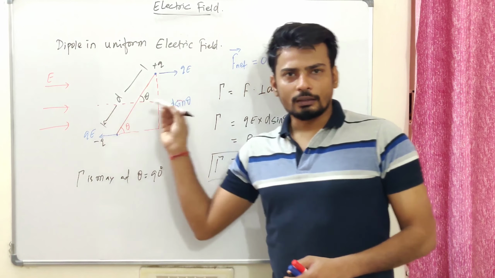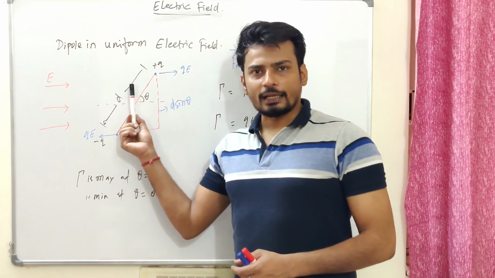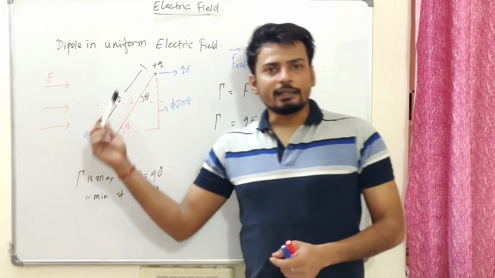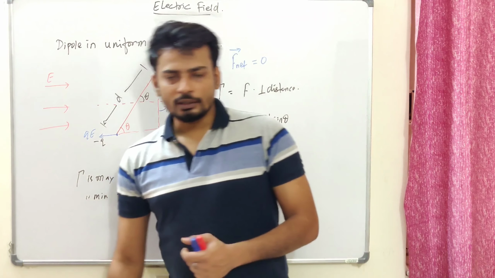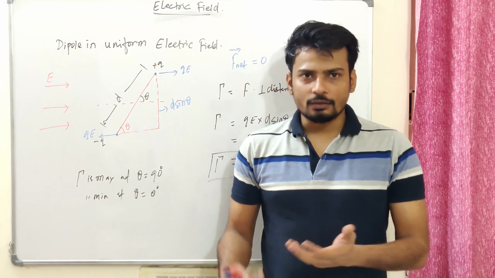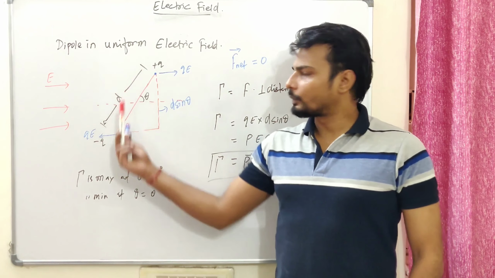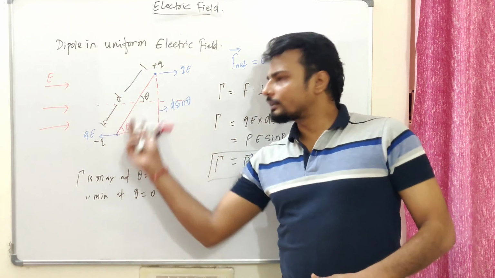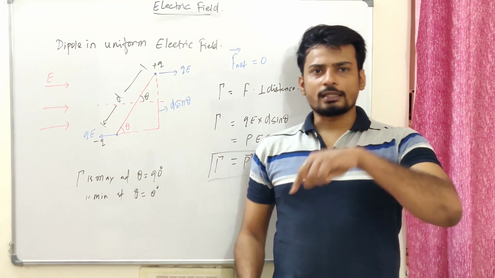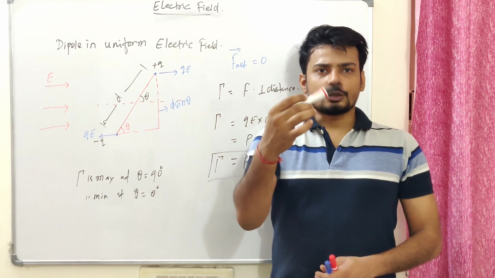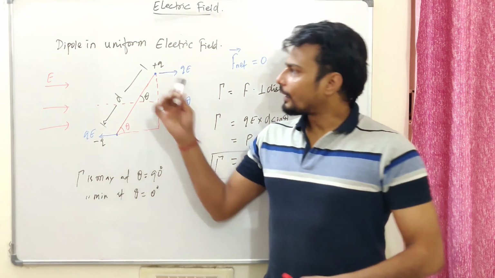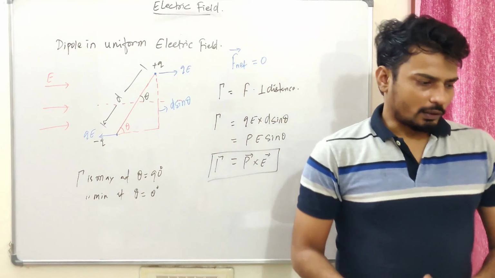Well, what happens if I leave this dipole perpendicular to the axis? It will align itself in the direction of the electric field to have minimum torque. That's the equilibrium position. The electric field actually aligns the dipole in its own direction over a period of time. If I leave it vertical, it will start swinging, and then gradually it will come to the horizontal position, and that's the equilibrium position. Well, fair enough.